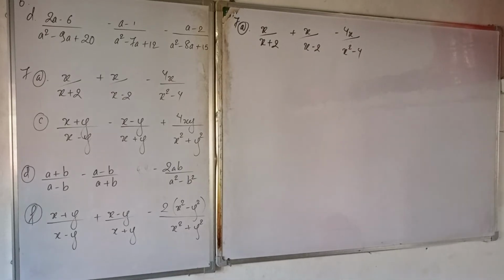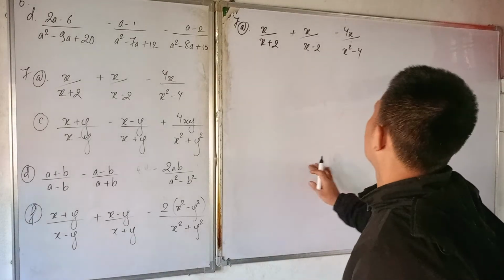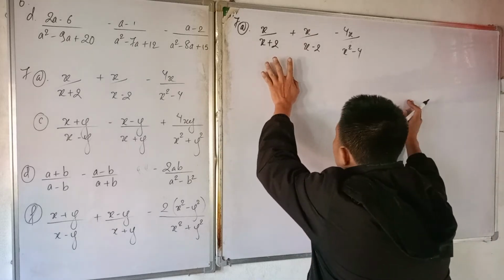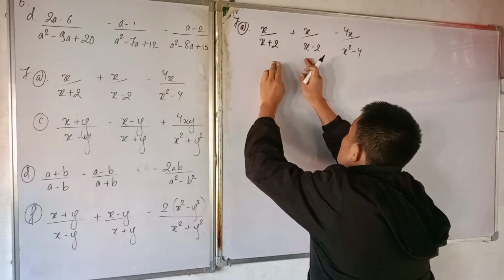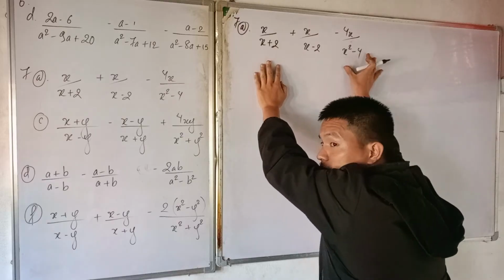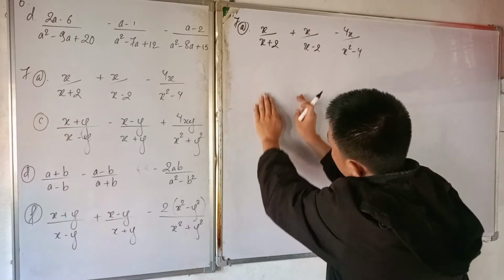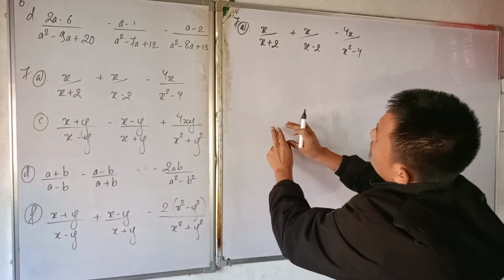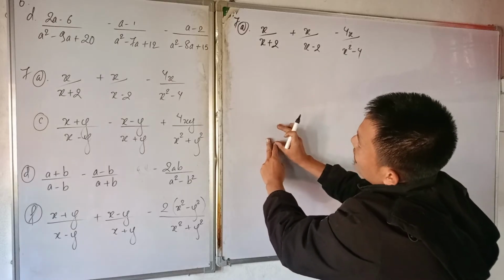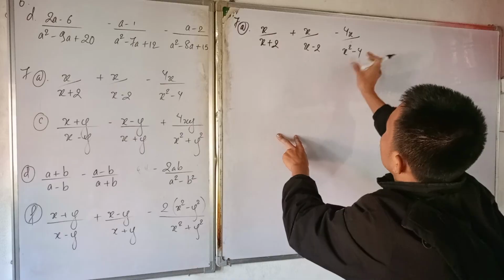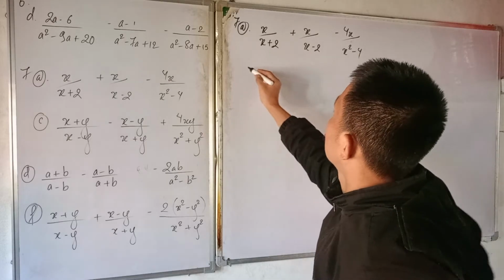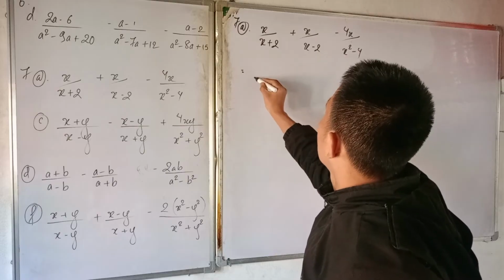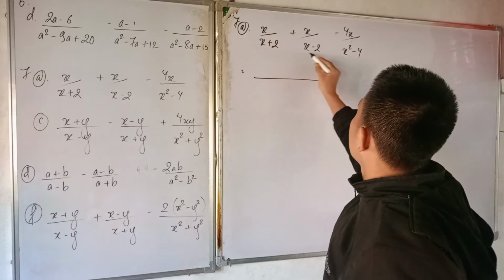Let's move on to number 7a now. In 7a you can first simplify only these two terms, and then after you can do this. Whatever result comes in the end, later you can simplify with the remaining. That will be the easiest way. So if you take only these two,